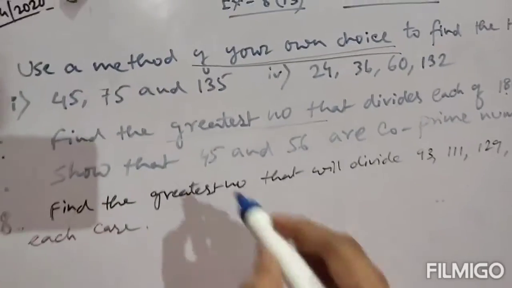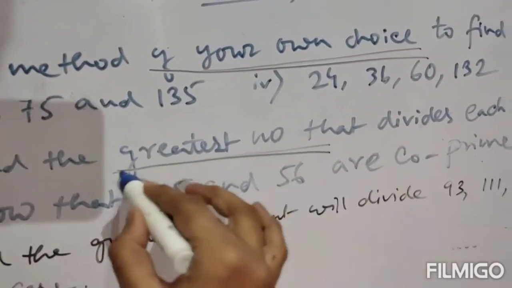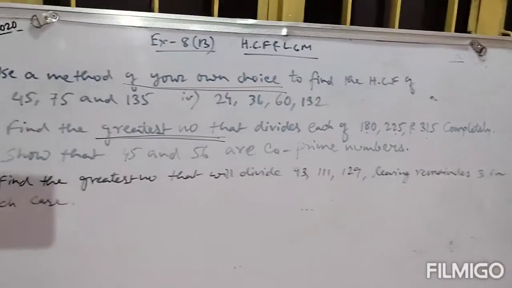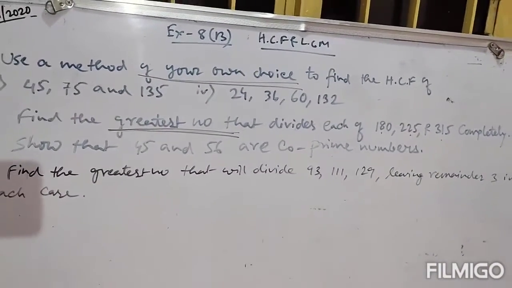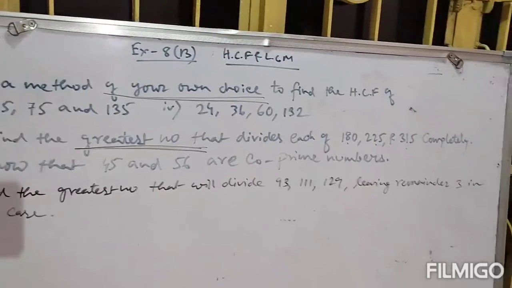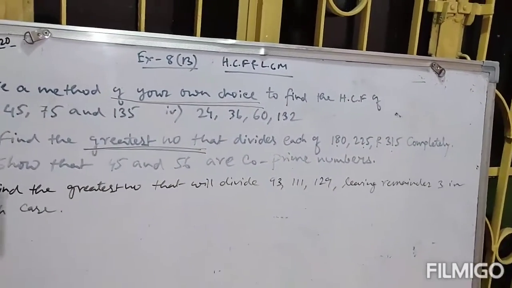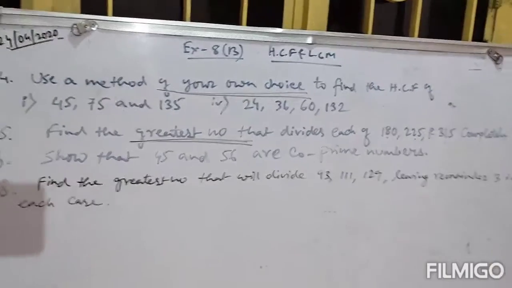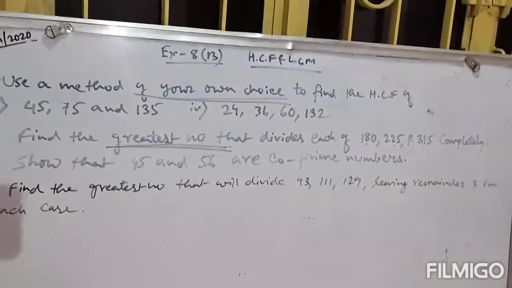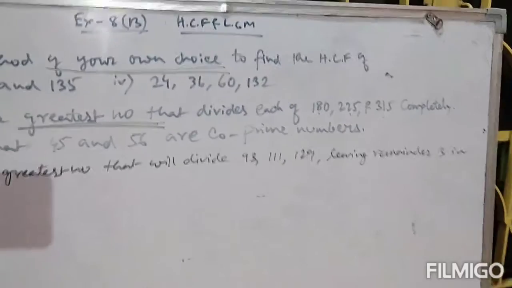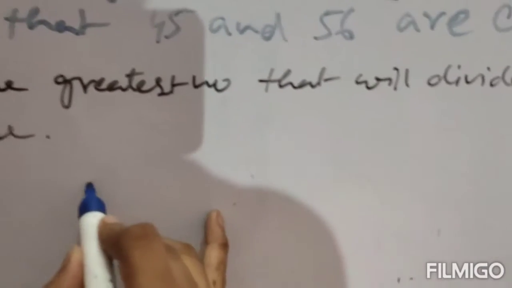So if the question says greatest number, that means we will find the HCF of these three numbers. That HCF will be your answer. Now you can find the HCF by any one of the methods, using prime factorization, division method or common factor method, but you have to find the HCF. Clear? So question number 5,